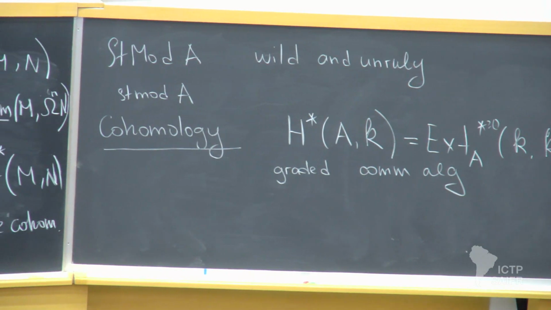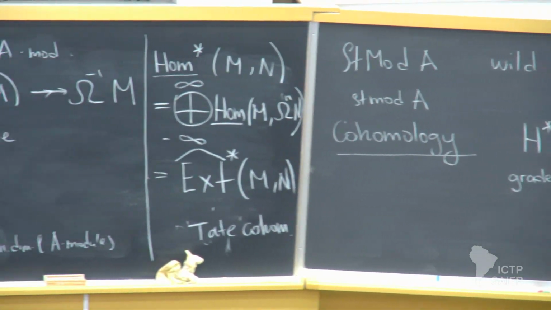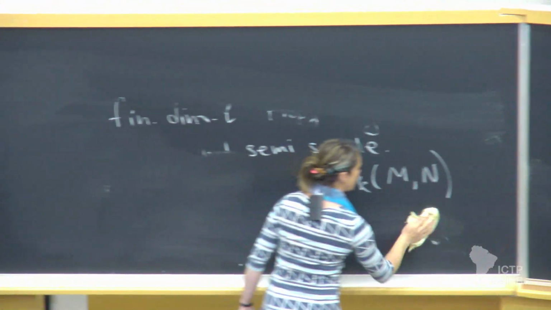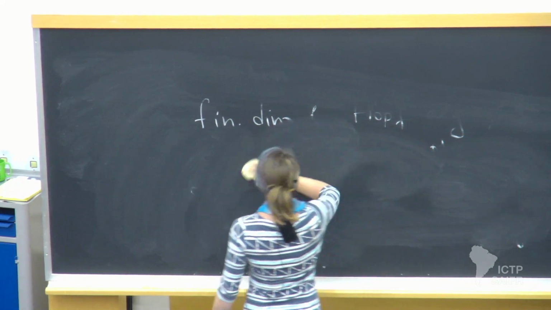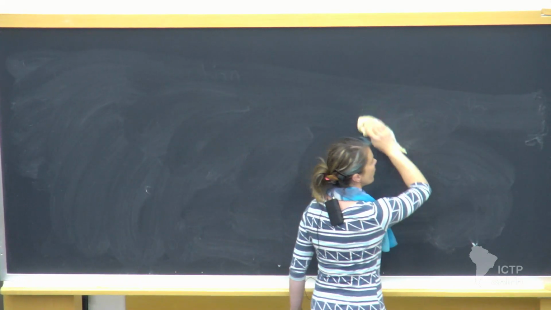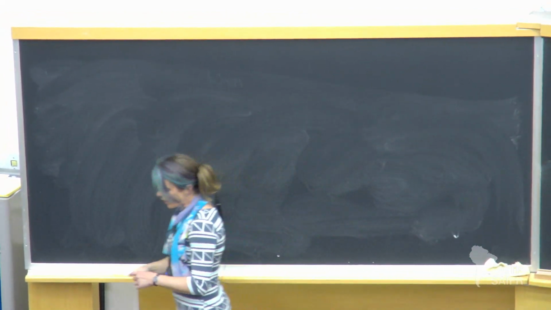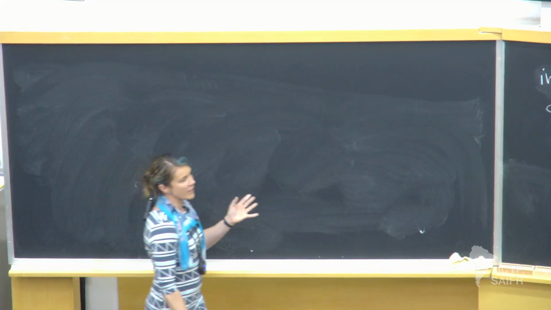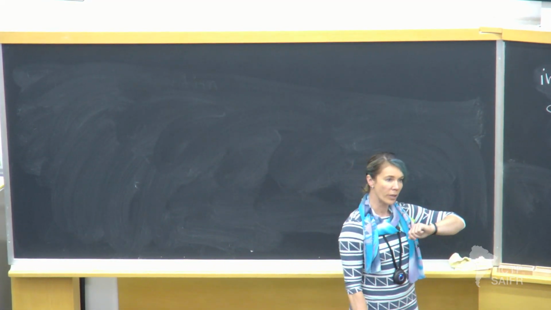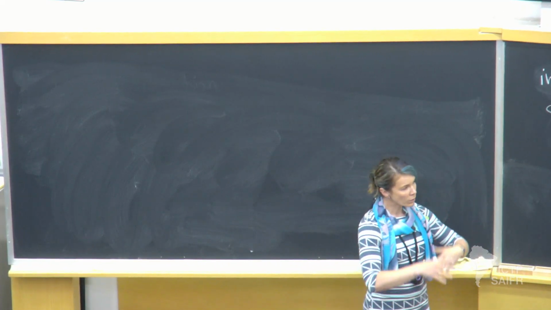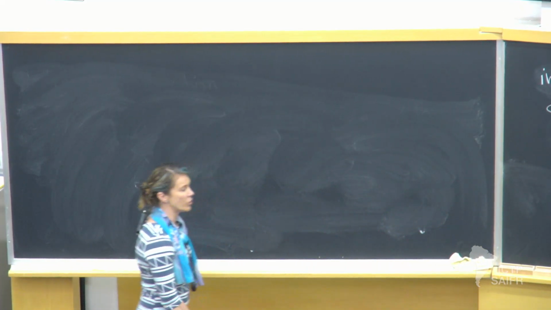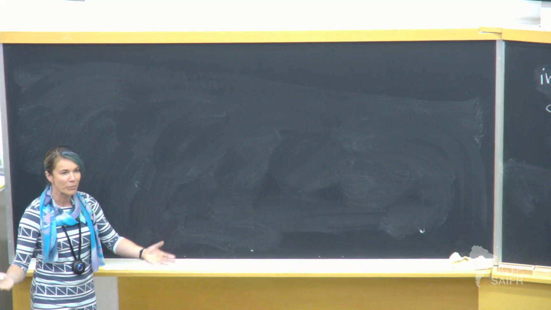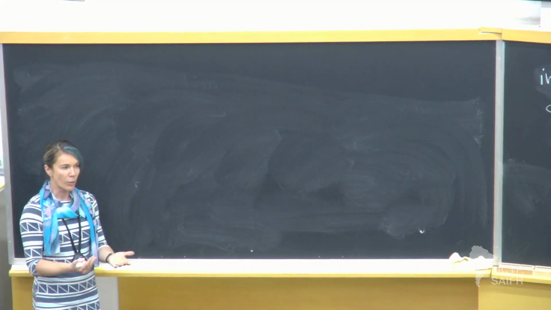Moreover, it comes with action on my category. And that's basically what we want to do. Like I'm saying that looking at the actions of A on vector spaces is complicated. It's a highly non-commutative object. There are way too many different actions. I'm going to try to replace that with action of this cohomology algebra, which at least is commutative, on something else, just closely related to my original category. And then once I have actions of commutative algebra, I have all the techniques that people in commutative algebra, algebraic geometry developed to work with.